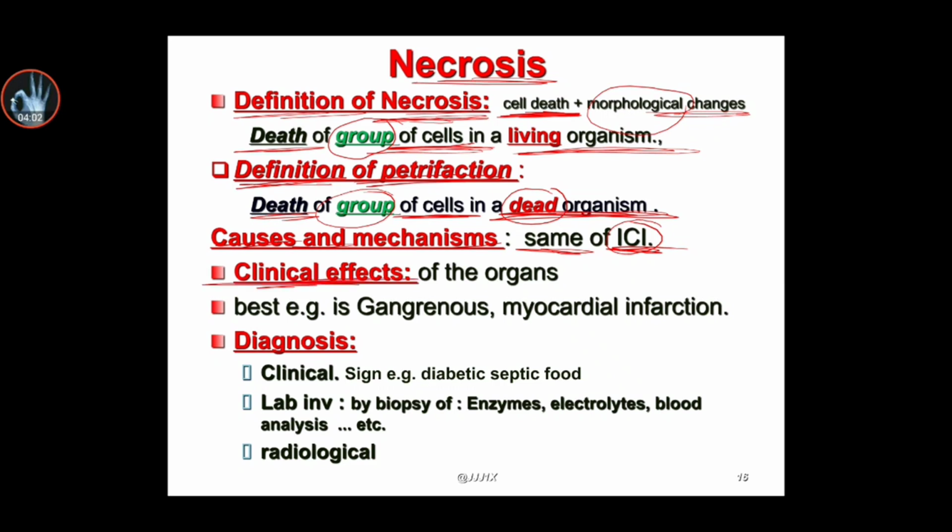So we have clinical features or clinical effects on the organs. We will talk about it. Best example is gangrene or myocardial infarction. gangrene اللي هو الغنغرين راح نتكلم عليه قريبا، نوع من أنواع النيكروسيس، موت مجموعة من الخلايا. اوكي، عندنا myocardial infarction اللي هو يسمونها الذبحة الصدرية. Myocardial infarction is also death of group of cells of myocardial muscles. يعني موت مجموعة من خلايا القلب، عضلات القلب، تسمى myocardial infarction اللي هو ذبحة صدرية، وهذا نوع من أنواع إيش؟